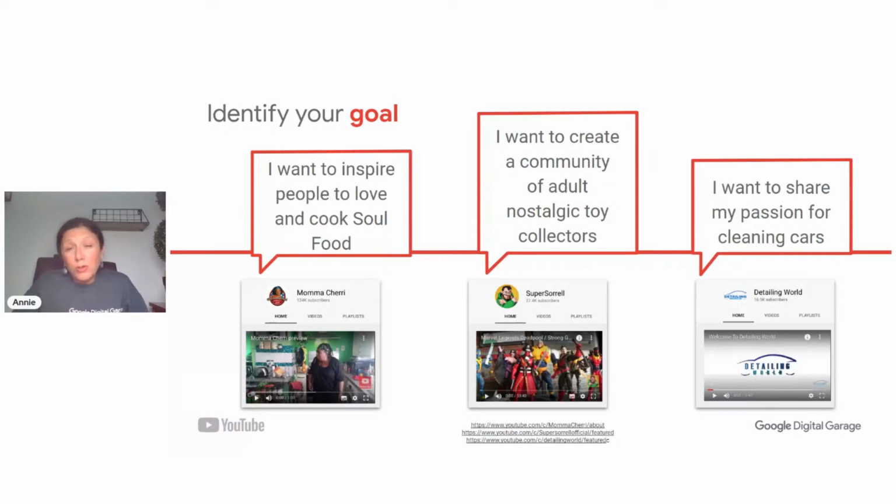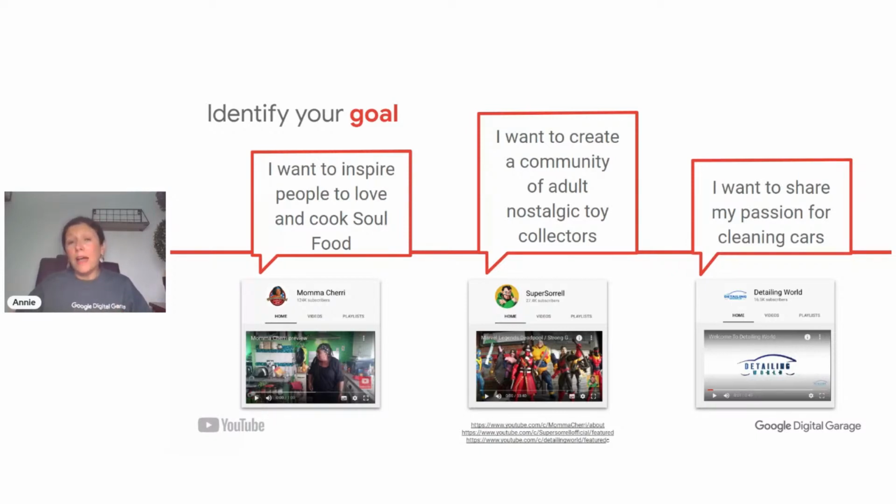So back to the goal, what do we think we're aiming for? Do we want to build awareness? Do we just want people to know about a certain topic, a certain idea? Or do we want to get other people that are interested in our passion to share their thoughts? Or simply just talk about it because we love what we're doing and we just want people to know what it is that we care about. And hopefully that enthusiasm will encourage other people as well. But ultimately, we want to build that trust and we want to build that credibility in our channel. And we do that by being ourselves and being passionate about what we want to do.